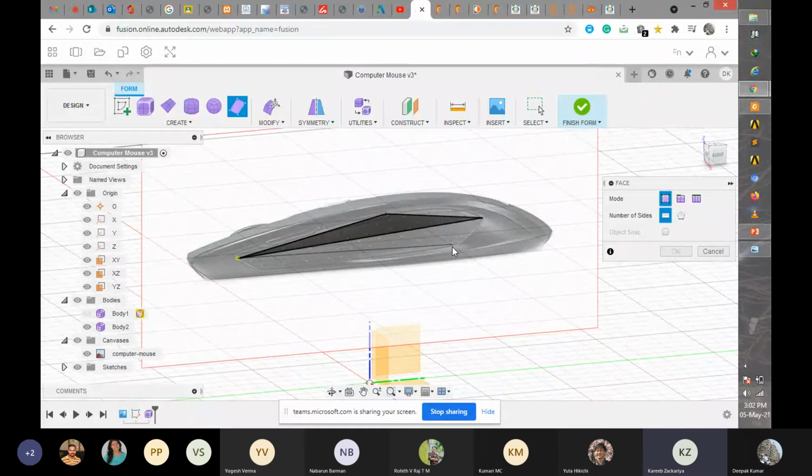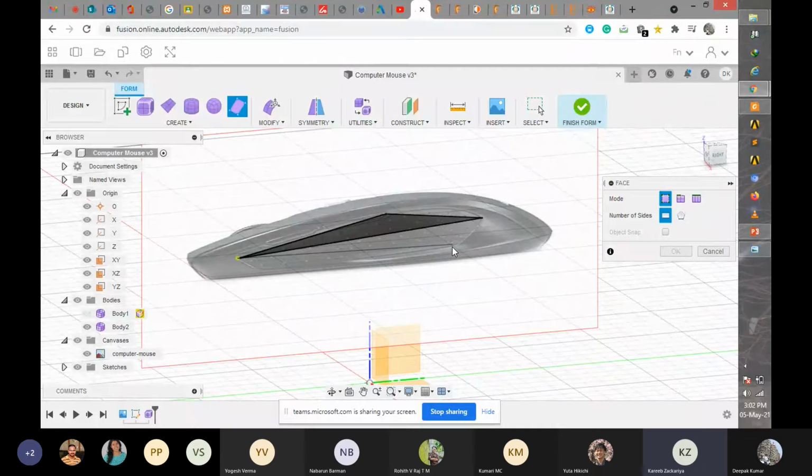So this is how you have to make this surface. If you want, you can make that surface, and with the use of Boolean, subtract that surface from your main mouse surface. So you have to have a proper 3D sketch, front, side, and all the views.